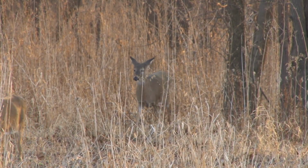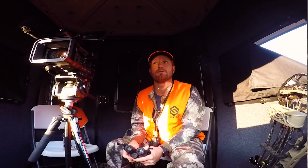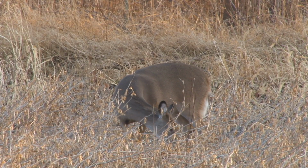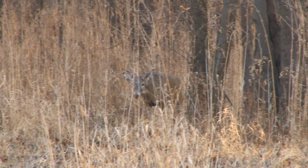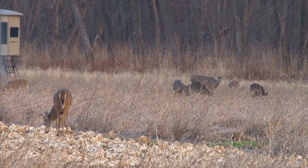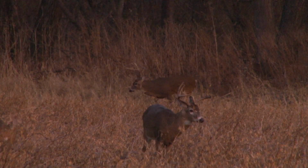Well, I've got my first deer of the night out in the field. I've been watching deer back in the timber just a little ways for the last hour, but they're finally just now starting to come out. Maybe this big buck will show up tonight. This timber's so thick along the edge here, I really can't see back in there very far. So a lot of times these deer I look up and there's one standing there. South wind is not good for this spot, so I go in, I'm self-filming, I've got bucks in the field, and I look up, and sure enough,